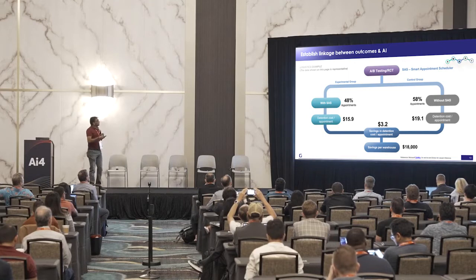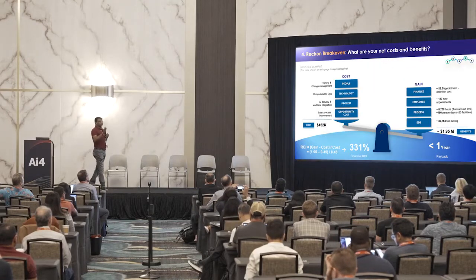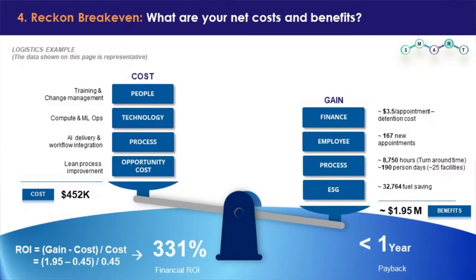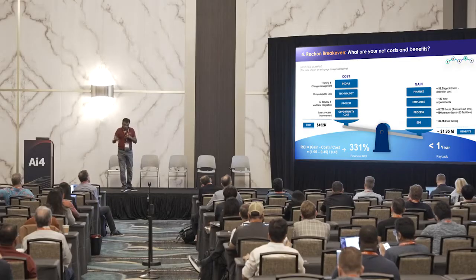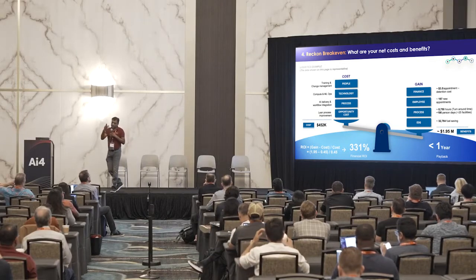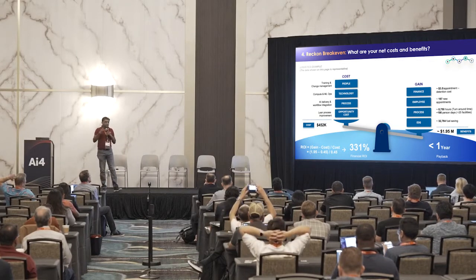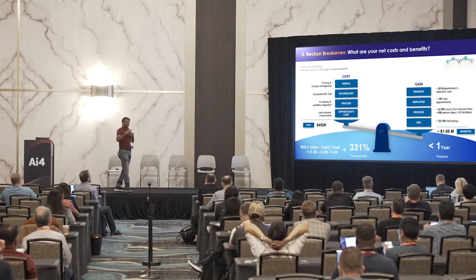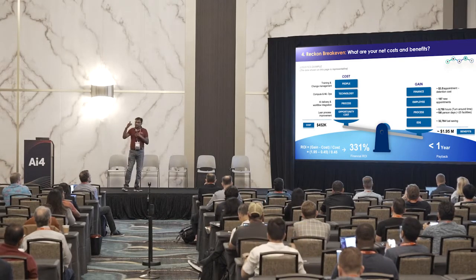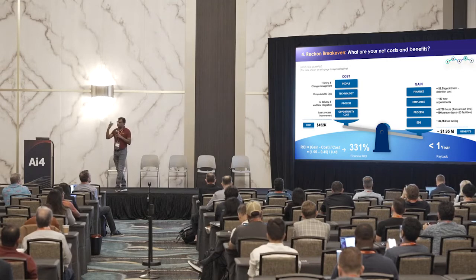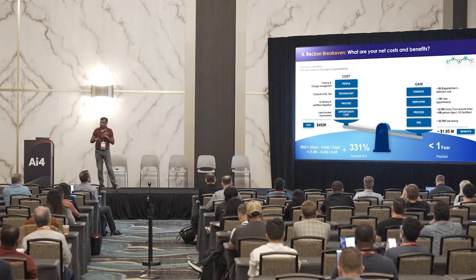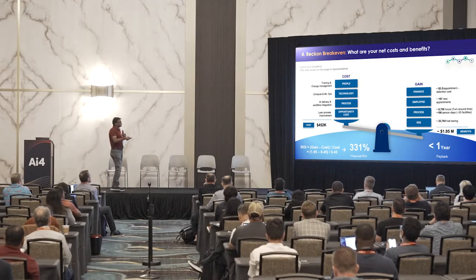Once you do it, then tally it out, just like how a finance person would do it. You reckon the break-even. Now look at the various elements of what goes into it. It's the people cost, which is not only the training. There's a huge change management in AI. That's what we see whenever these applications are deployed. First thing is it doesn't work. Second thing is it works, but I don't believe it. Third, how do I use it? So there's a good amount of change management that has to be factored into the cost.